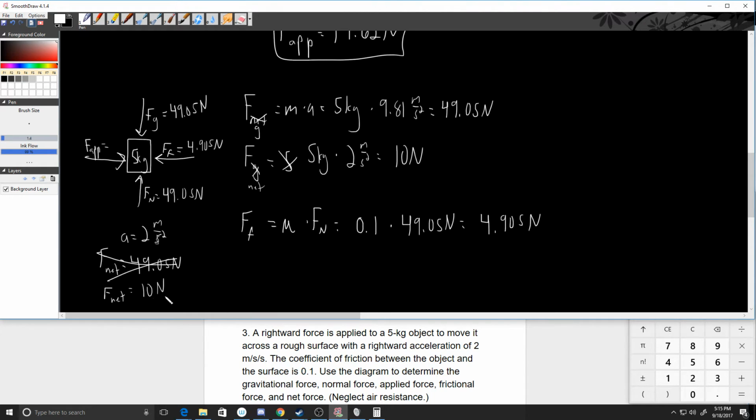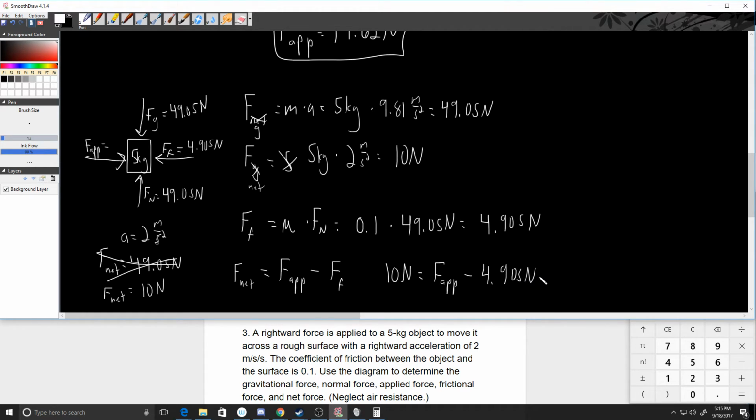My net force, F net, should be equal to my applied force minus the force of friction. So F net, in that horizontal direction, should equal the applied minus the force of friction. In this case, if this box is moving with an acceleration of 2 meters per second squared sideways, that means the net force, 10 newtons, is equal to the applied force minus the force of friction we just found, which was